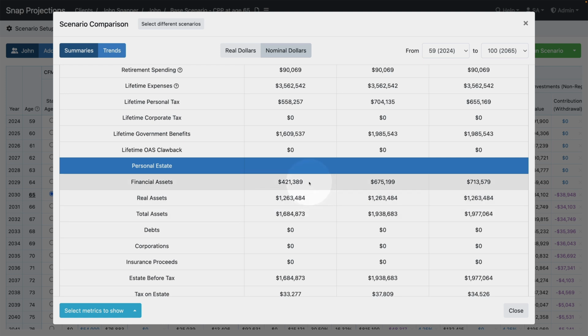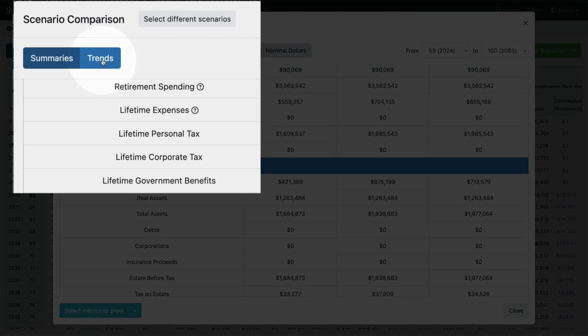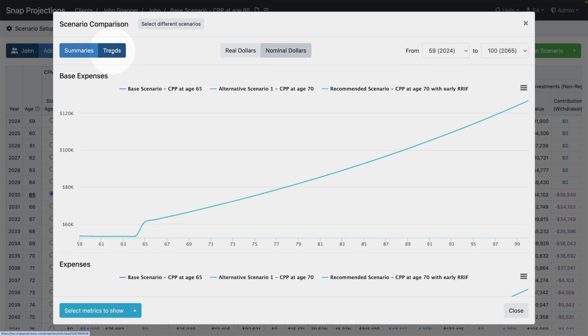So here we can see at the end of the projection, they're expected to have $421,000 in financial assets, and we can see the difference between each scenario. Another great way to review projections is through trends or through charts. And from here, we can see a chart of the entire length of the projection in order to see how